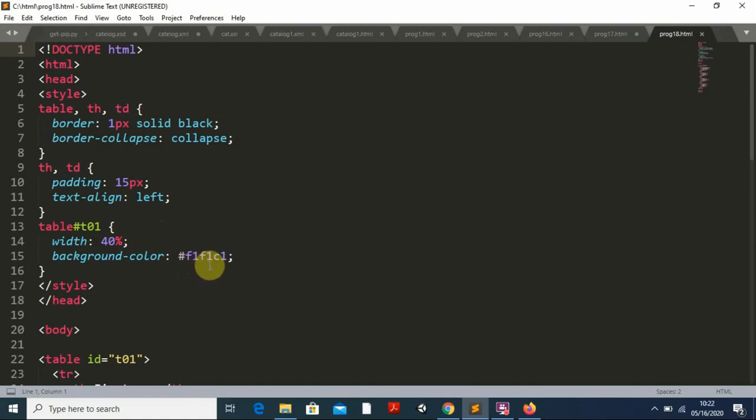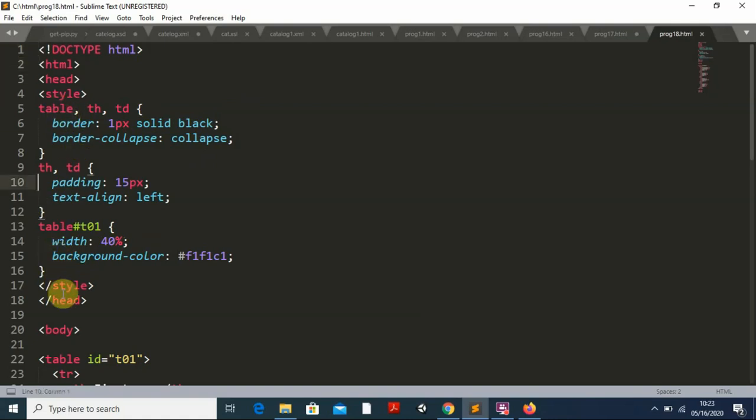F1C1. And whenever you are providing any such properties, they must be separated by a semicolon. Remember, here the first line ends with a semicolon, the second line too, even the last line is also separated by a semicolon. Here the attribute and value are separated by a colon. You can clearly distinguish between a colon and a semicolon. Now all the things we put under this style, you remember, that is inside the head also.